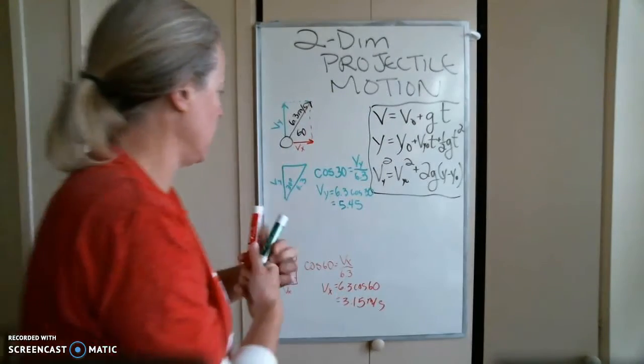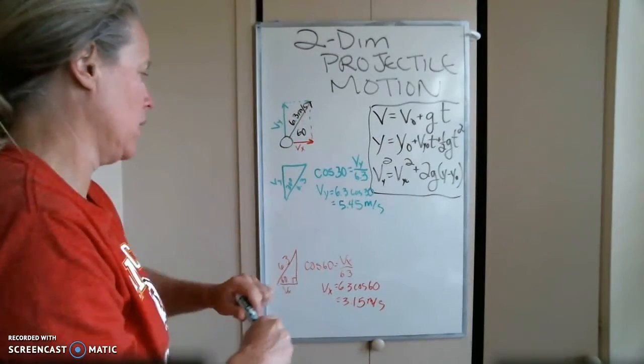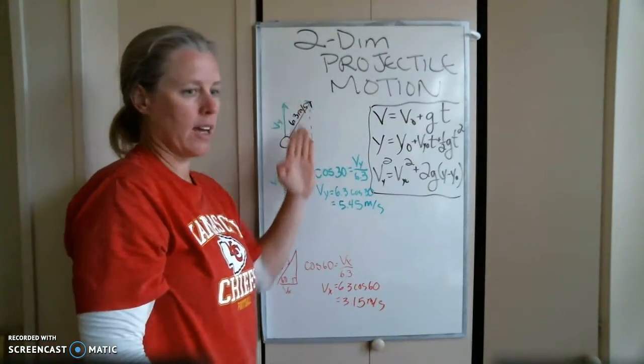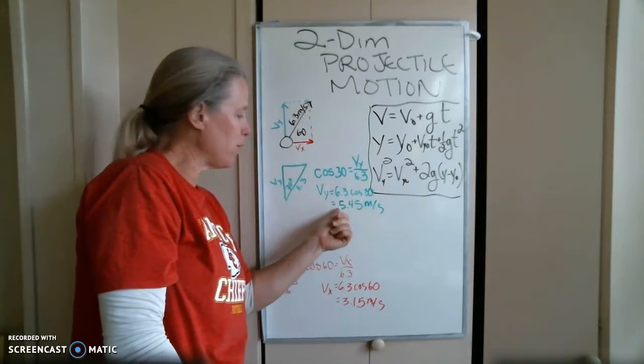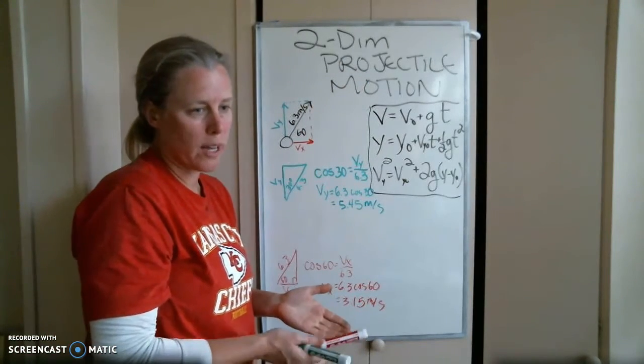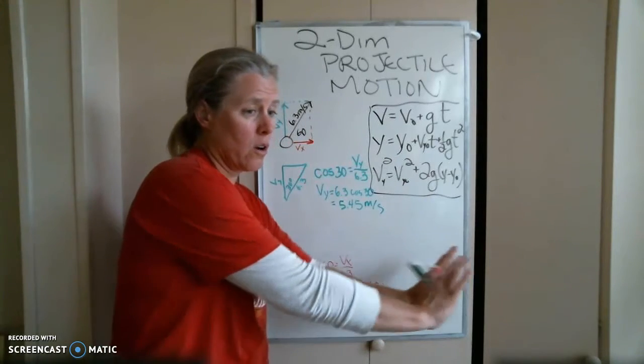So essentially, the impact of changing the angle, instead of being 6.3 meters per second straight up, now that it's at an angle, it's got an influence of 5.45 meters per second upward and 3.15 meters per second